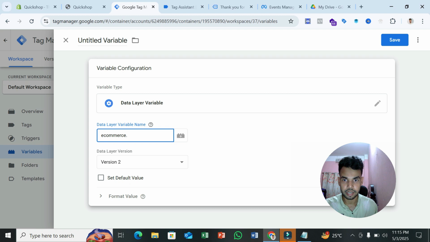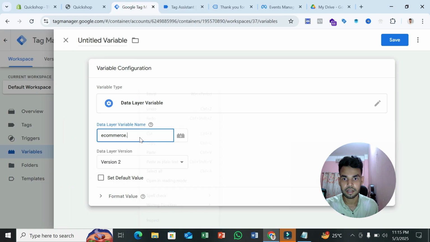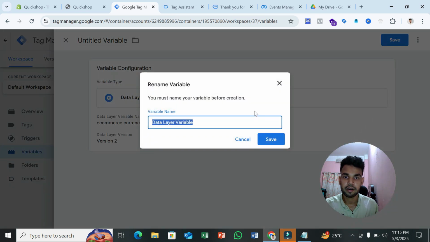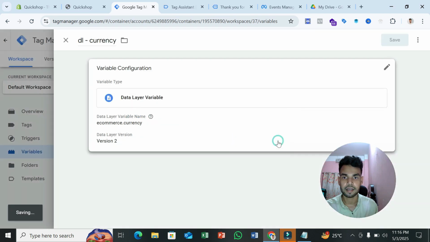Okay, so I write here dot to pick currency, copy currency first, then paste here. It's our currency data layer variable, so save this variable. Then now you can write your data layer variable name. So I like to write here DL currency, that means data layer currency. Then save this variable,